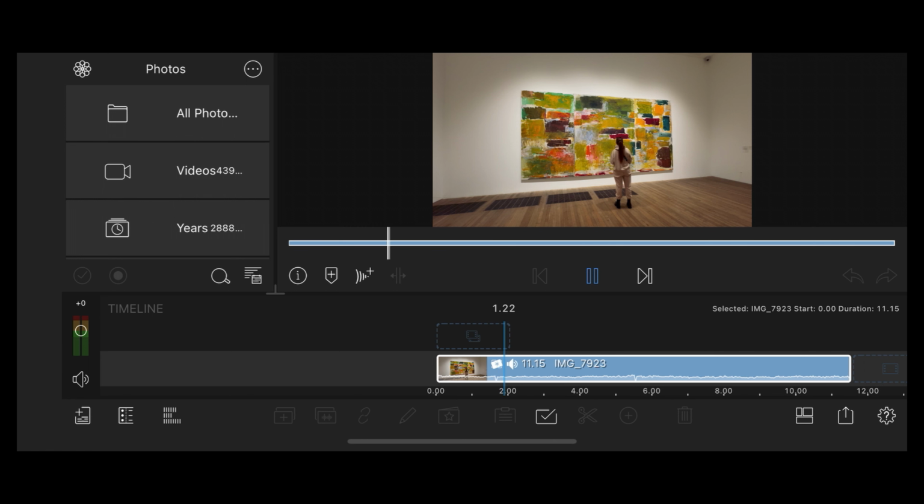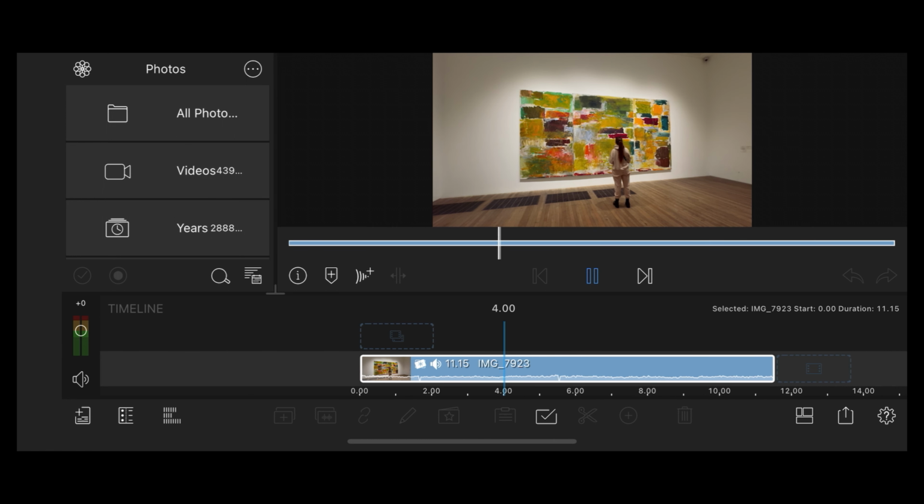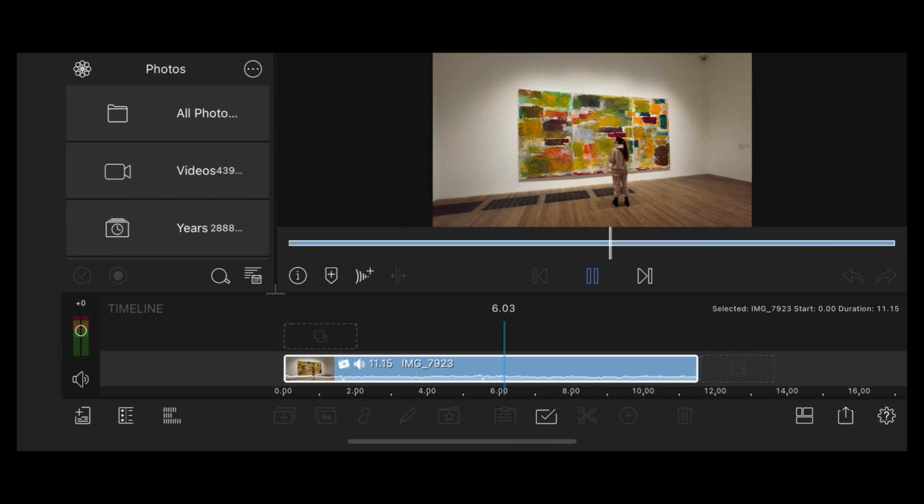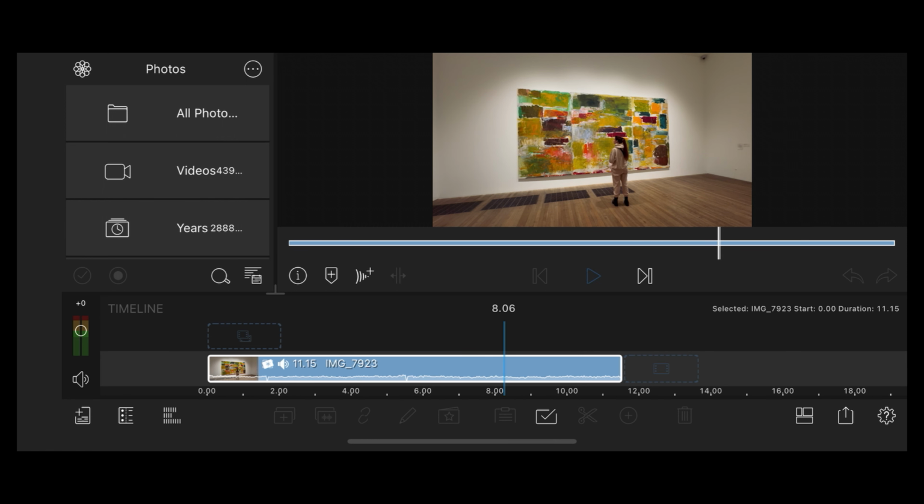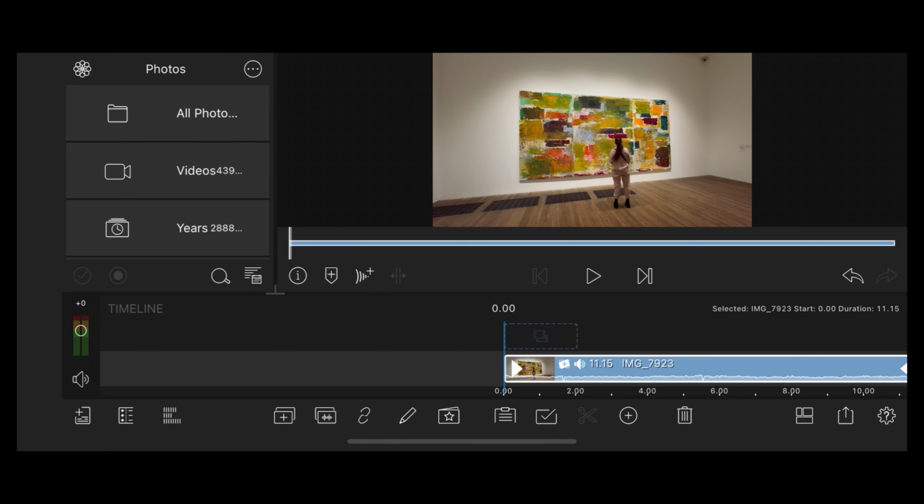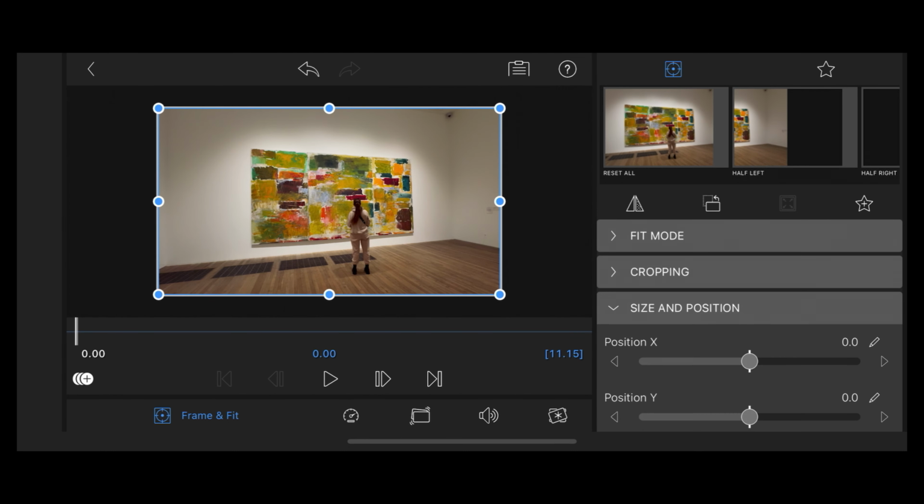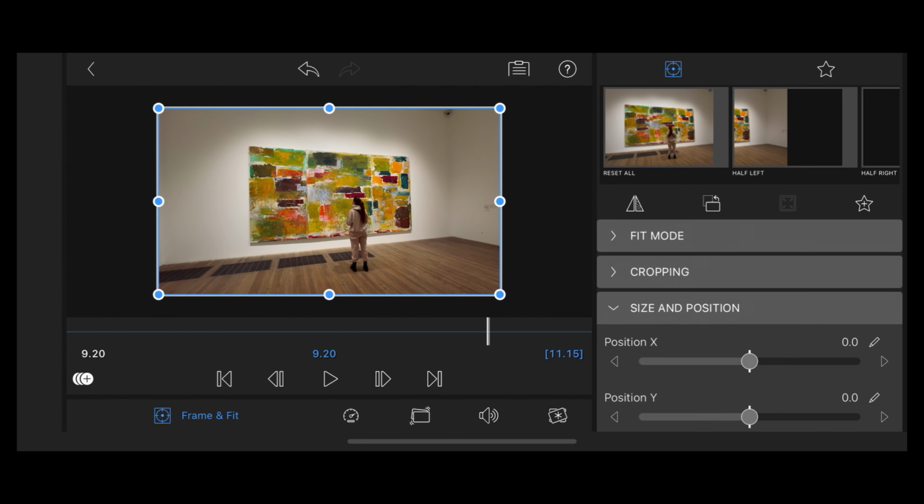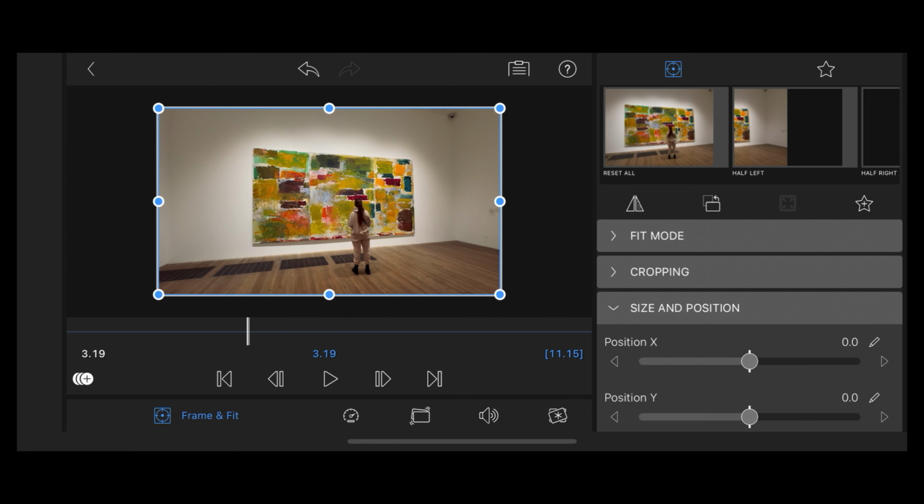So here we are in LumaFusion, and we've got a nice clip here of Georgie enjoying some art at the Tate Modern. Now if we wanted to do a zoom in on this clip, let's go back to the beginning, and then we'll double tap that, take us into frame and fit. And this along the bottom here is the timeline, so we can scrub through that like this. So move the playhead to where we want the zoom to begin, tap the plus symbol there to create a